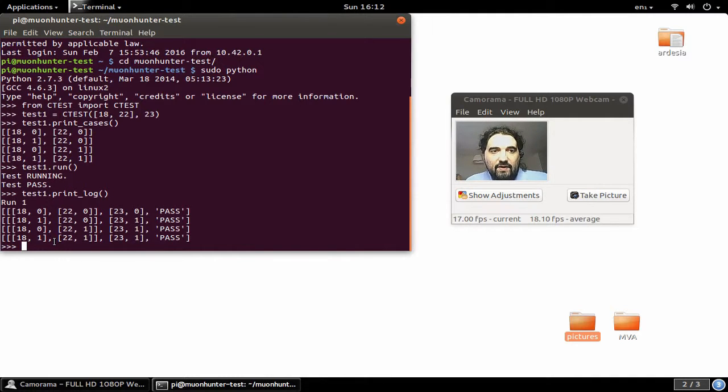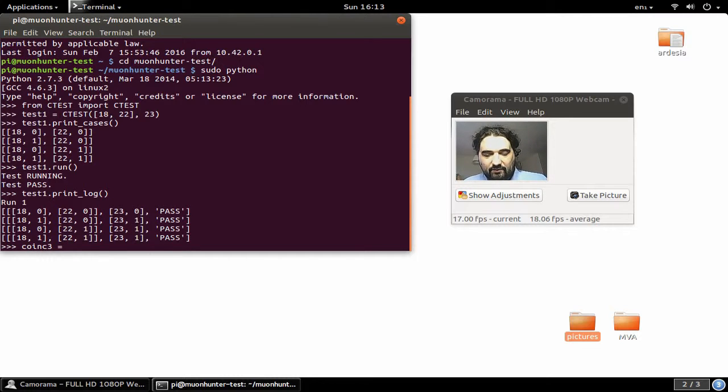Now this test program will run on more than 2 coincidence signals too. So if you've got 2 of these Muon Hunter kits, or you just pair up with one of your buddies and you create, let's say, a 3 or 4 coincidence setup, then you could still use the same program to evaluate that. So we are going to create a 3 coincidence setup.